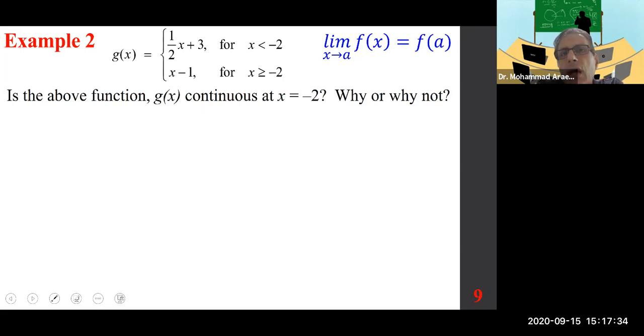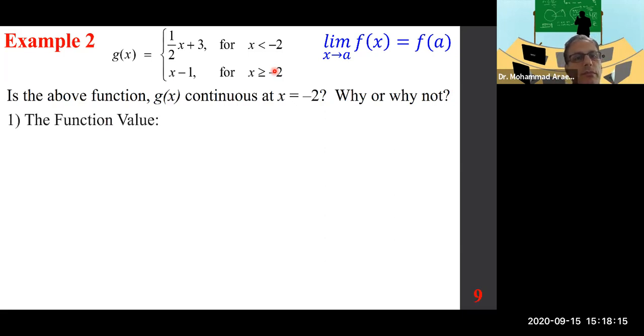First of all, class, if you have a case such as this one, known as a piecewise defined function, you look at each piece. The top piece is a linear function, and so is the bottom piece. So this one, y equals 1/2 x plus 3. This one, y equals x minus 1. A linear function is continuous from negative to positive infinity, so all is fine. You have to look at the endpoint, namely -2. So to see what's going on, we're going to look at the function and its limit from the left of -2, from the right of -2, and the functional value at -2. So let's